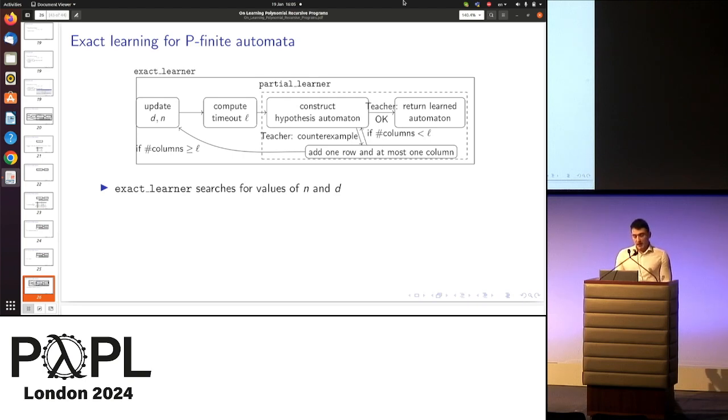And for the big algorithm, the only extra thing that we need to do here is to search for the correct values of n and d. And once the correct values of n and d are found, then we can guarantee that the partial learner will eventually output the correct